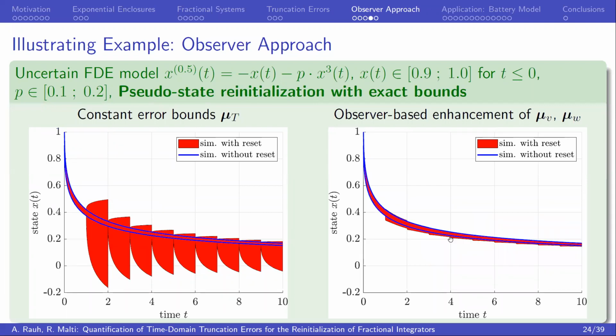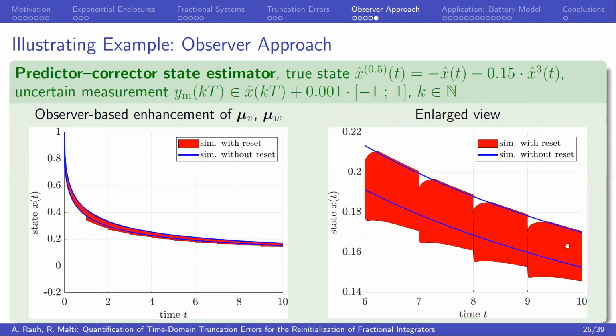Tightening can even become better if we have enhanced information at the resetting points about the state variables. These are either resetting, in the case of constant error bounds, to the true solution results, or on the right-hand side, the same thing for the observer-based enhancement. And especially on the right side, you see that resetting allows us to obtain very close results that are more or less the same as the simulation without any reset